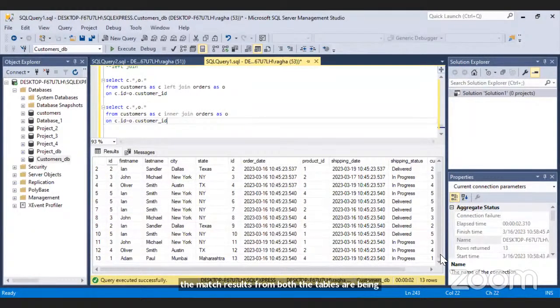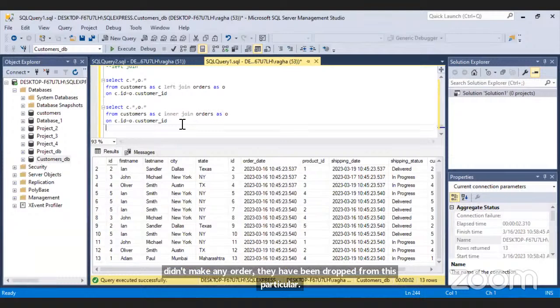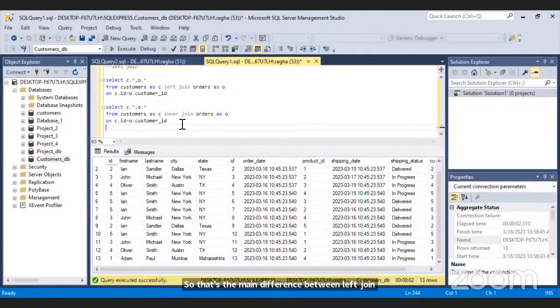So only those customers who made an order, who ordered at least one item, would be reflected. The customers who didn't make any order have been dropped from this join. So that's the main difference between left join and inner join: left join will give all the data from the left table, whereas inner join would give only the matched results.